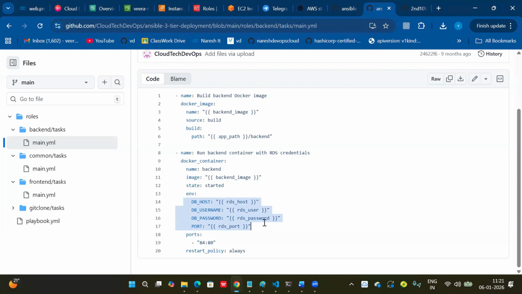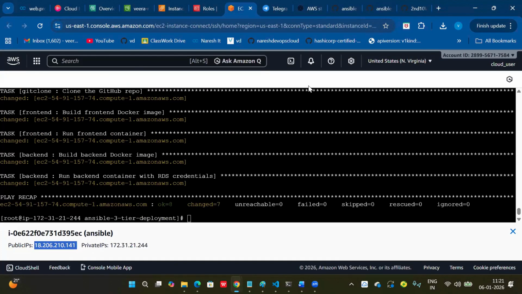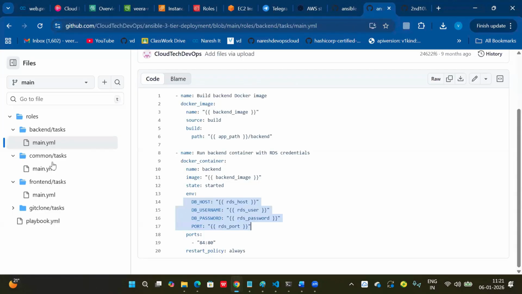But one thing is very clear: inside your front end code, you need to give your server IP colon port number. Which port is the back end running on? 84, right? You have to give the front end URL inside, public IP or private IP colon 84, before build, so that it will communicate with the backend through this port and host name, localhost. The same Docker Compose you have done, right? Front end, back end and RDS, the same concept you can apply. But this is Ansible roles.